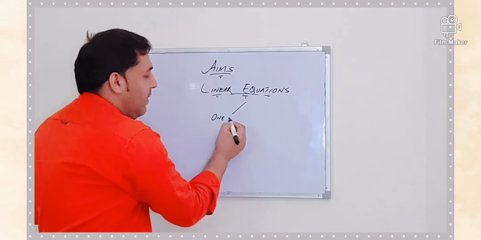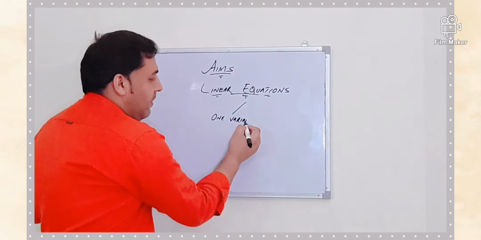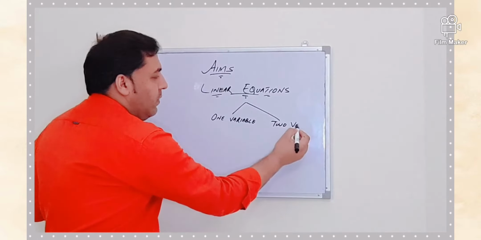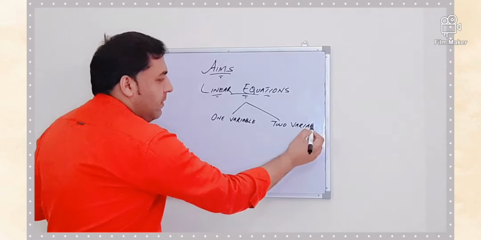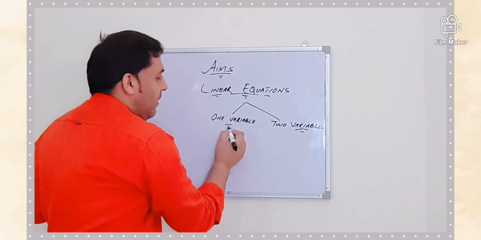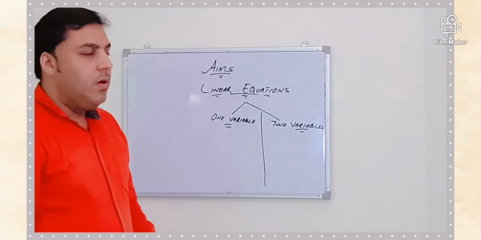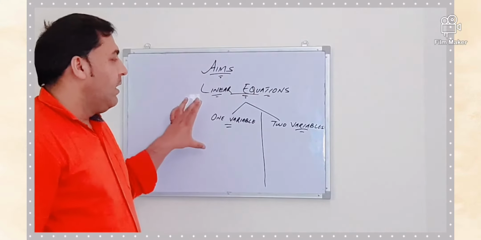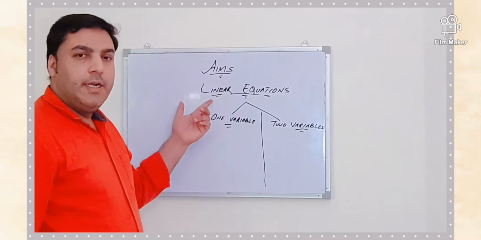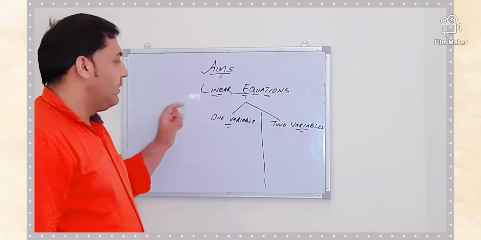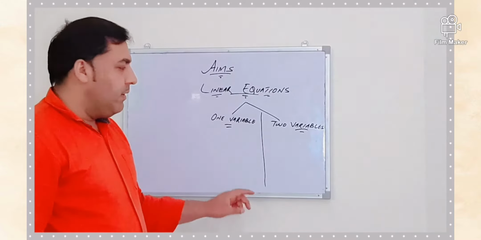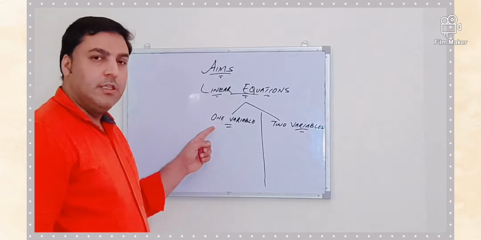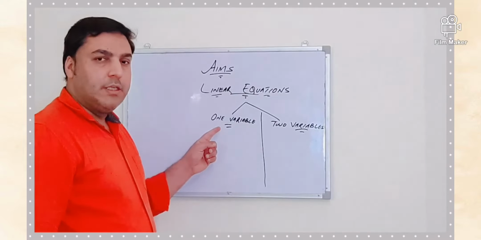In our previous lecture, we were discussing linear equations, and we ended at linear equation in one variable and linear equation in two variables. Now we know what equations and linear equations are, as we discussed in our previous lectures. Linear equations are those having degree 1, and they will have one solution. So in this lecture we will be discussing linear equation in one variable, how to solve these kinds of equations, and what the steps involved are.